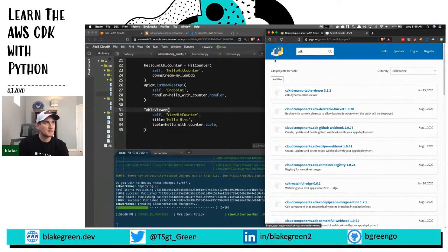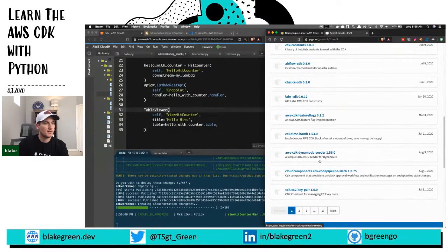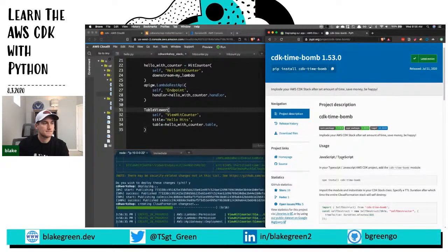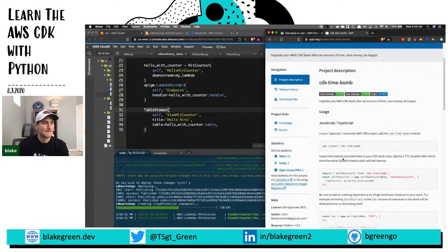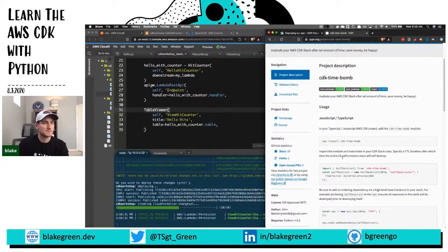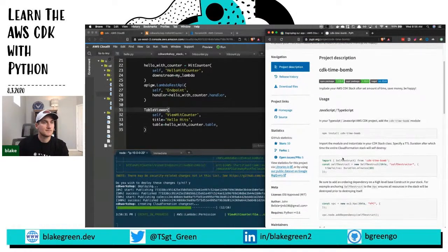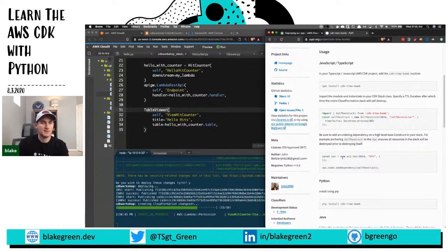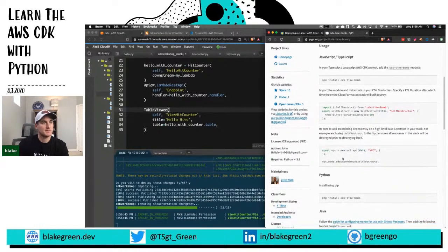I just saw this one here, CDK time bomb. That looks pretty cool. Like, you implode your AWS CDK stack after a set amount of time, save money, be happy. That's pretty cool. I mean, it would suck if you were working on something, but